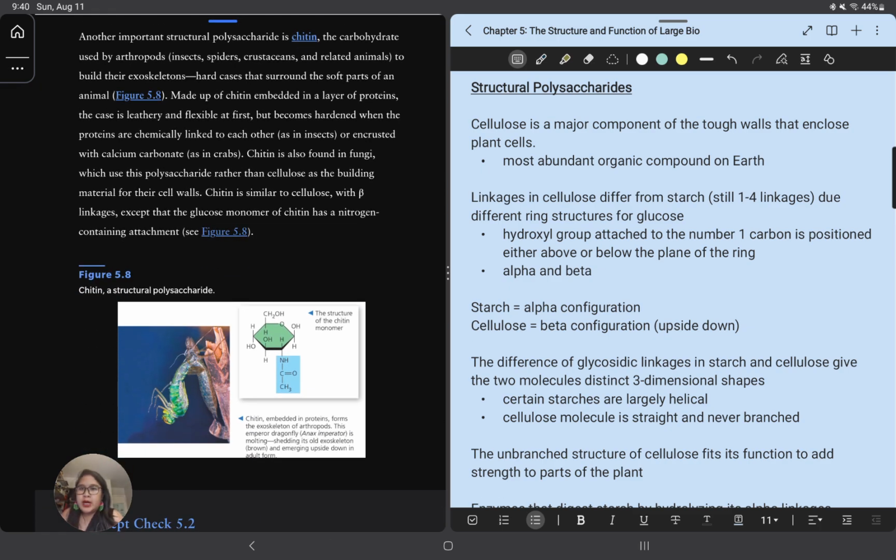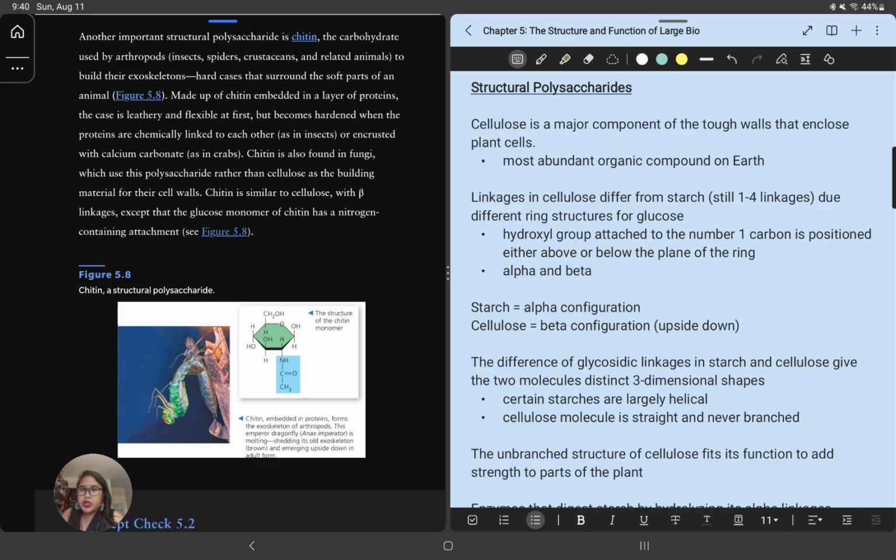Another important structural polysaccharide is chitin. Chitin is the carbohydrate used by arthropods, insects, spiders, crustaceans, and related animals, to build their exoskeletons, hard cases that surround the soft parts of an animal. Made up of chitin,